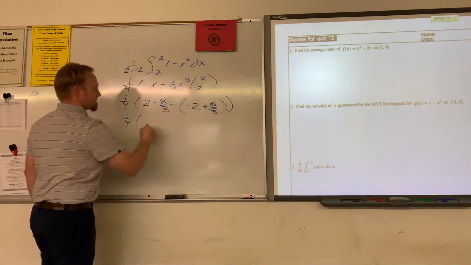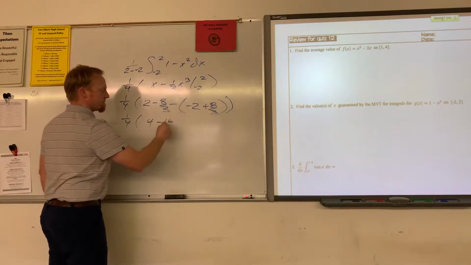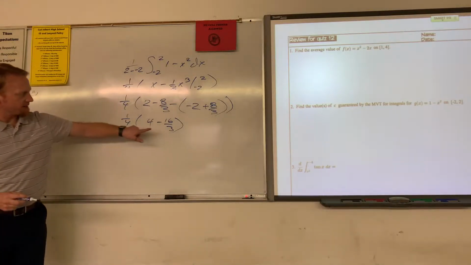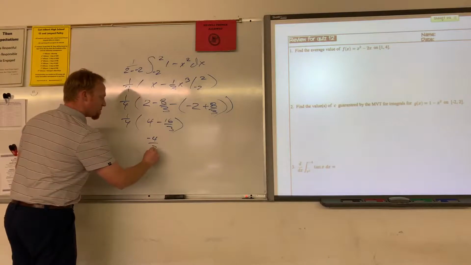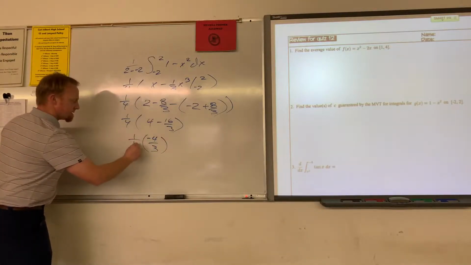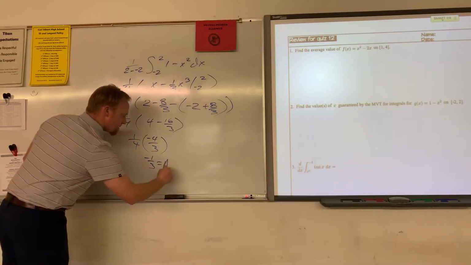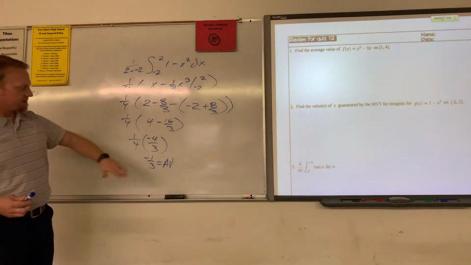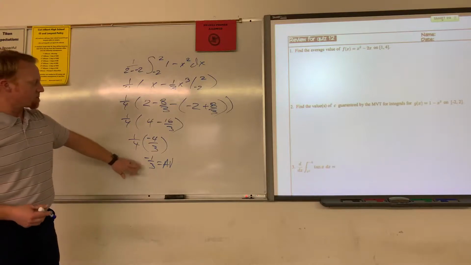Alright, 2 plus 2 is 4, -8/3 minus 8/3 is -16/3. 3 times 4 gives me 12, 12 minus 16 gives me -4 over 3, times the 1/4, so that gives me -1/3 as my average value. The MVT for integrals guarantees that there is a y value that is equal to this average value. So now I take this y value